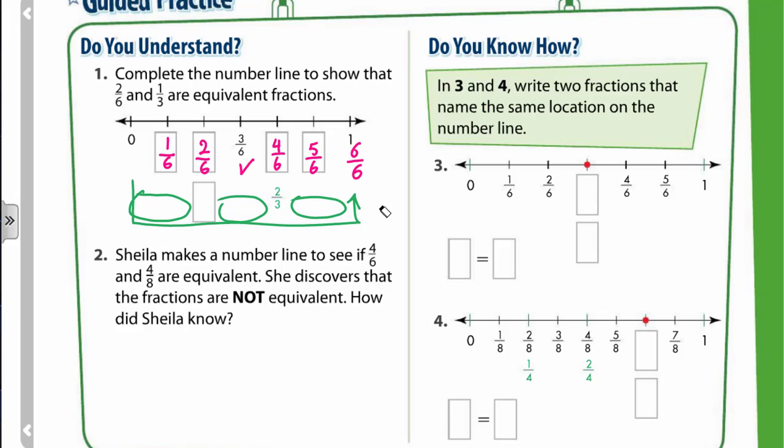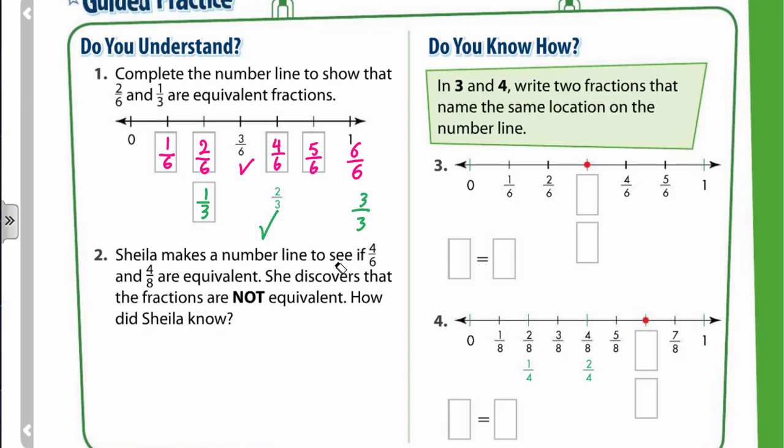Let's write it. So the first one here is, after the first length, 1/3, after the second, 2/3, and here after the third,